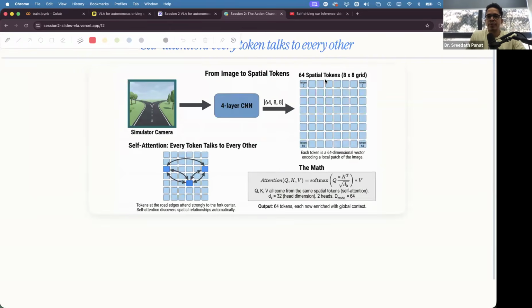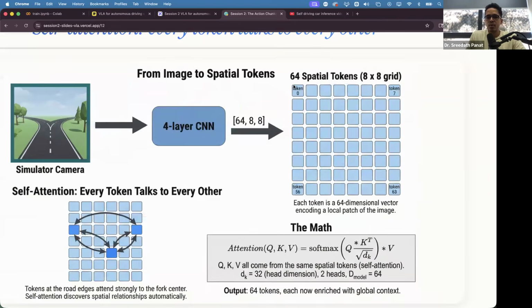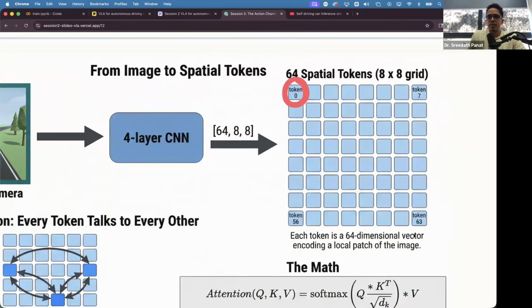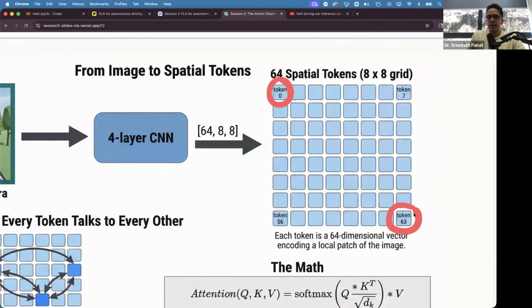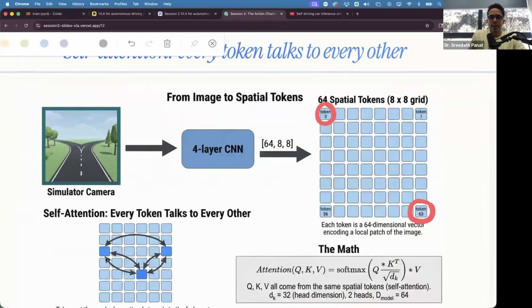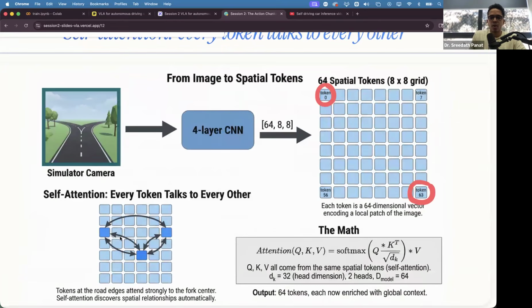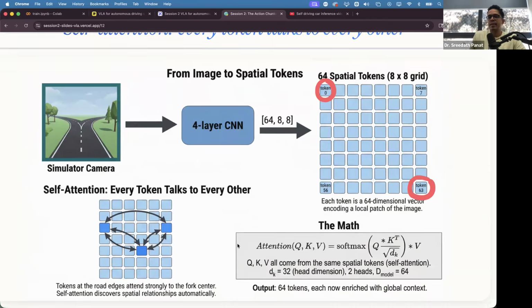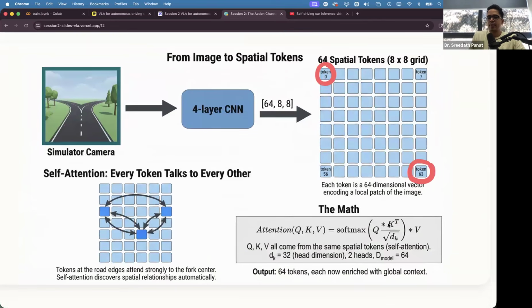Something like this. So if you have an 8 by 8 grid of patches, this is token number 0. This is token number 63. And self-attention should ensure that the tokens are all having high attention between each other. And the self-attention formula is query multiplied by the transpose of key, divided by the square root of the dimensionality of queries, softmax of